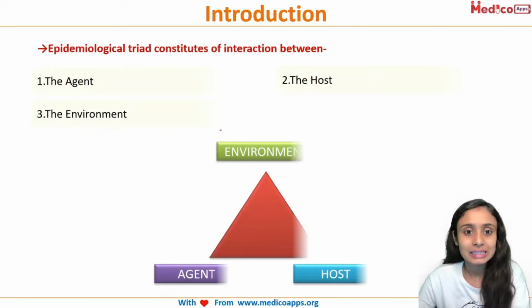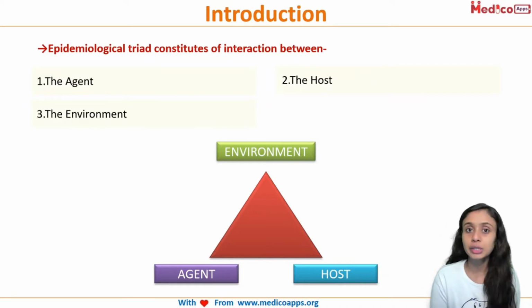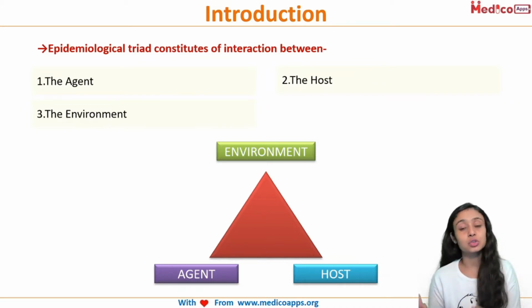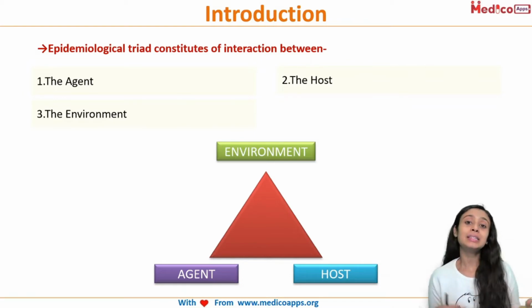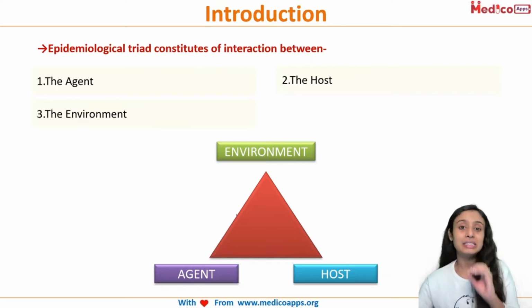Now, what exactly is this triad? Initially, it was thought that the causation of a disease was just some kind of an agent. It was known as germ theory. That is, they said the germ enters into your body and causes some kind of a disease. So it was a one-to-one relationship. That was germ theory. And then the concept of epidemiological triad came into existence, which said that a disease